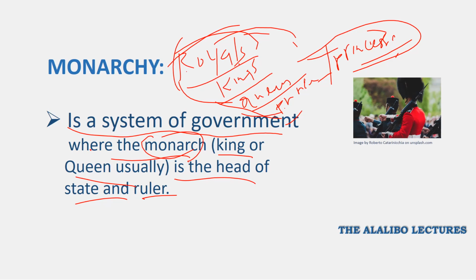So it's a system of government where the monarch, king or queen, usually is the head of state and the ruler. And usually that happens when there's a weak governmental system. When there's a weak governmental system, it makes room for royals to emerge, and sometimes it makes room for military to emerge as well, right? It makes room for different variations of government, mostly not supported by the masses, to emerge and take control of